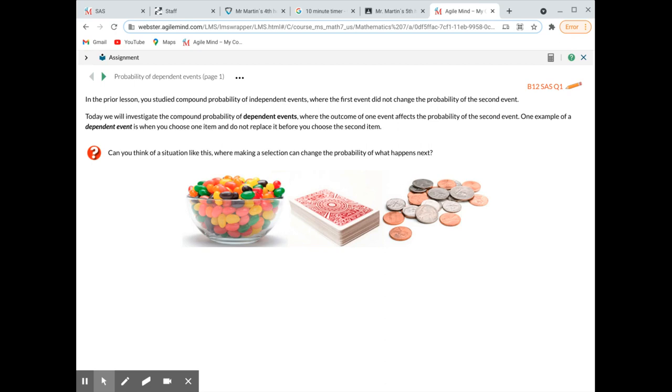So, what I want to think about today is the probability when we replace an item whenever we draw something, like out of a drawer, compared to not replacing that item and how it would affect our probability of possibly getting something later. Okay, so for instance, if we had